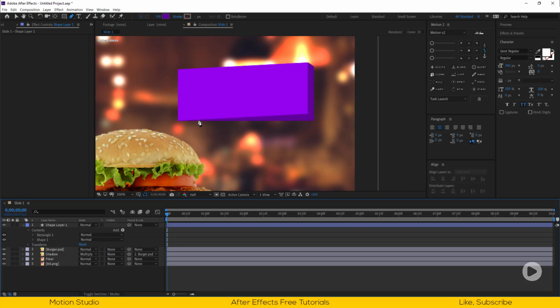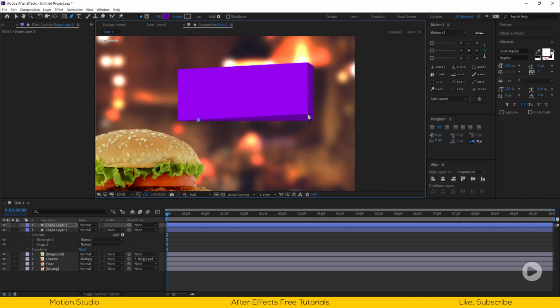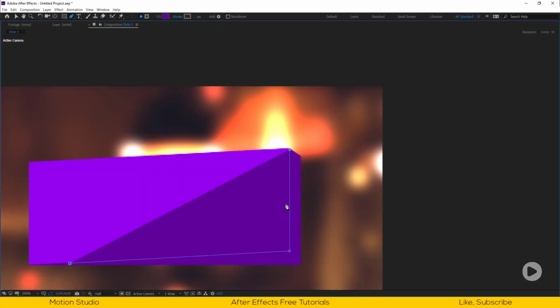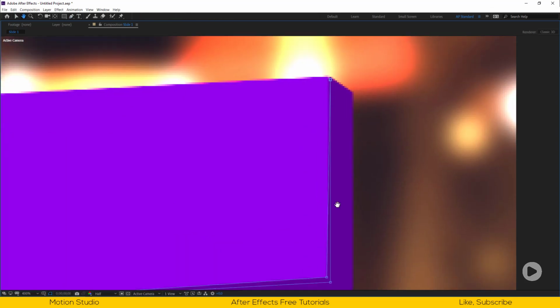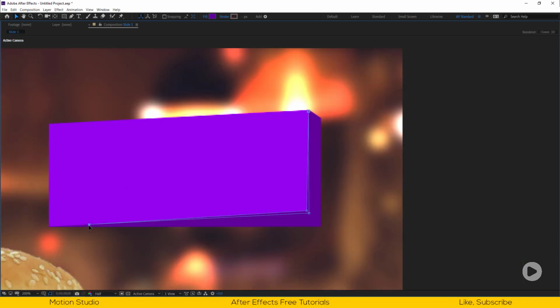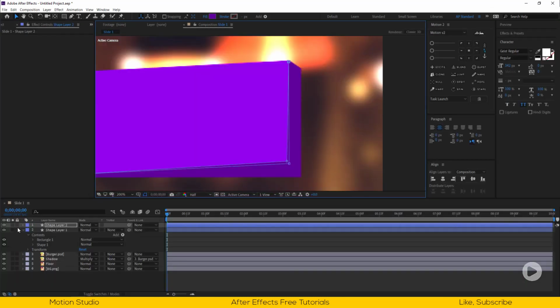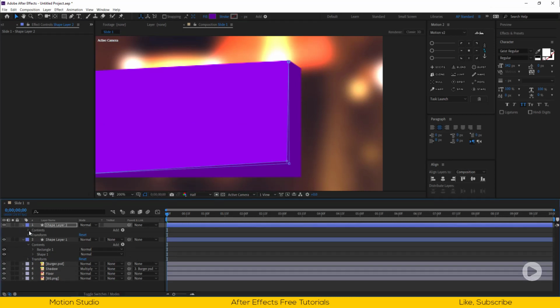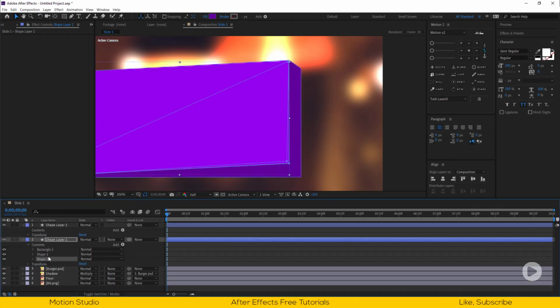Let's make a highlight on a separate shape layer. Now let's move the shape into the old shape layer.